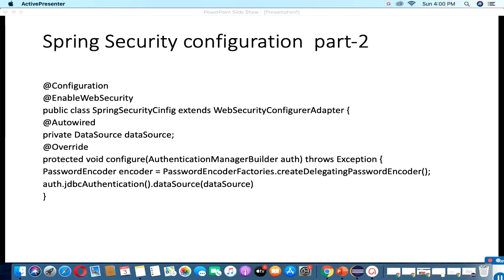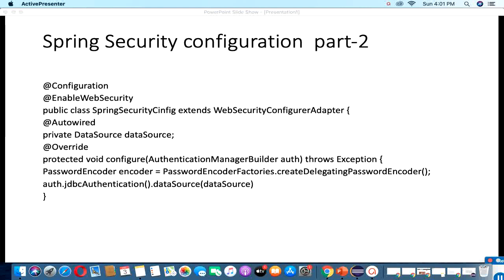And if our requirement is to call the web security from any DB, like JDBC, MySQL, LDAP, or any JWT or OAuth, then on the basis of that we need to provide our data source.